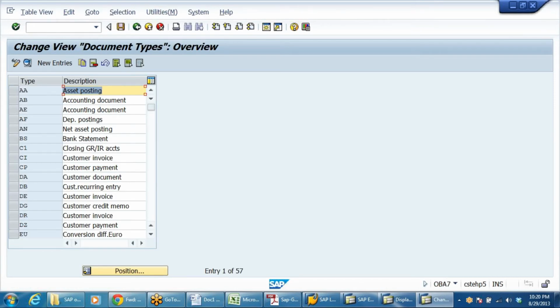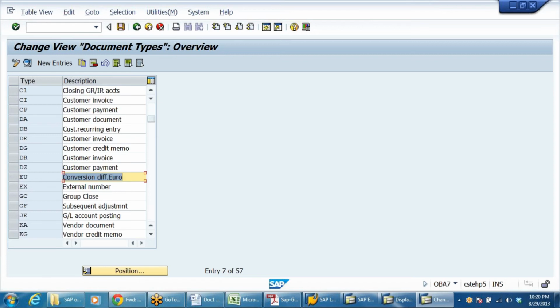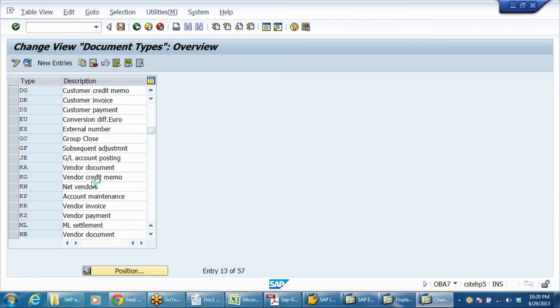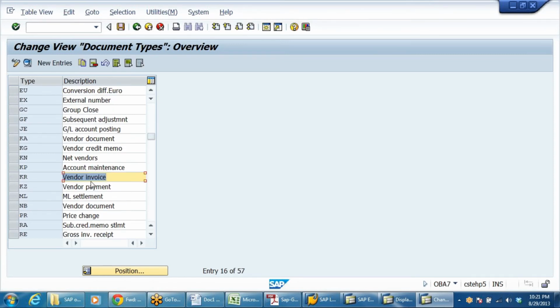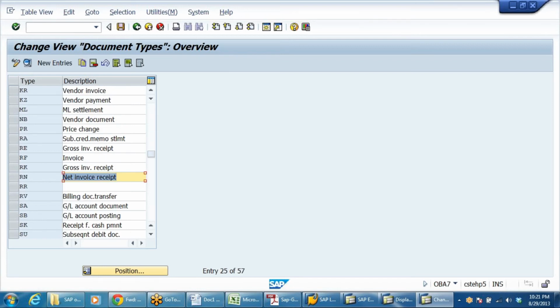And I want to tell you one thing: document types are at client level. The client number is 800 here. Whatever company codes are in this client, all of them will use the same document types. This is a common facility available to all these company codes, so we call it client level.